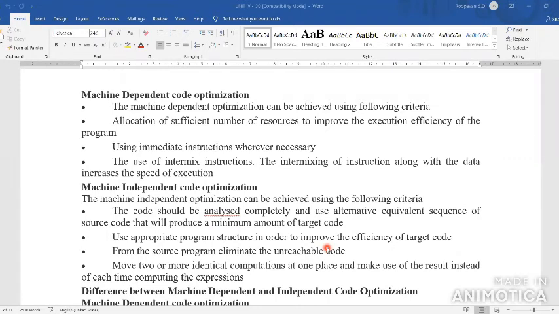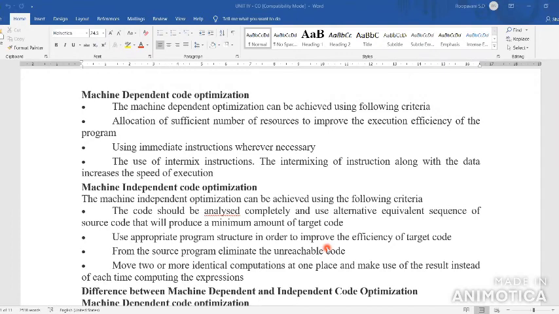It does not involve any registers and CPUs. You use it to improve the efficiency of the arithmetic procedure, in order to reduce the execution time. So that is machine independent optimization.